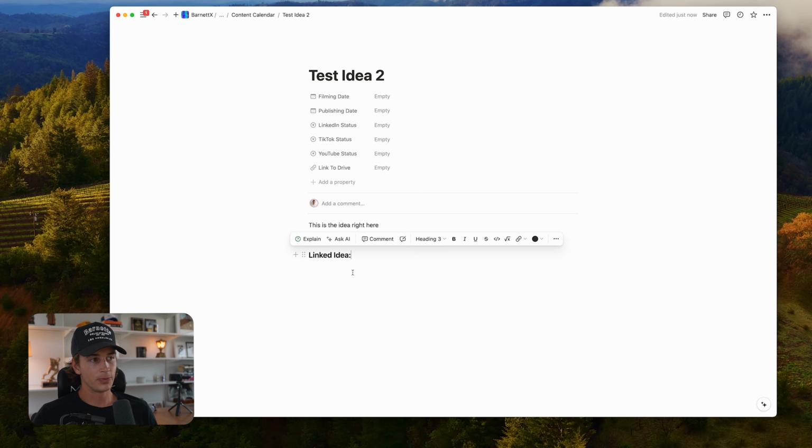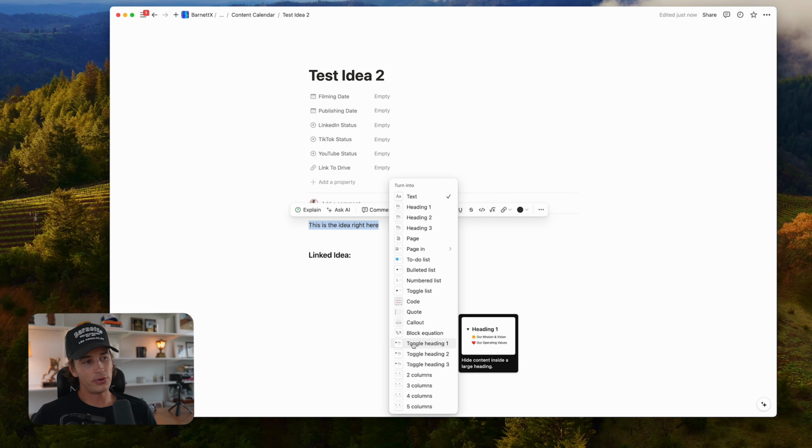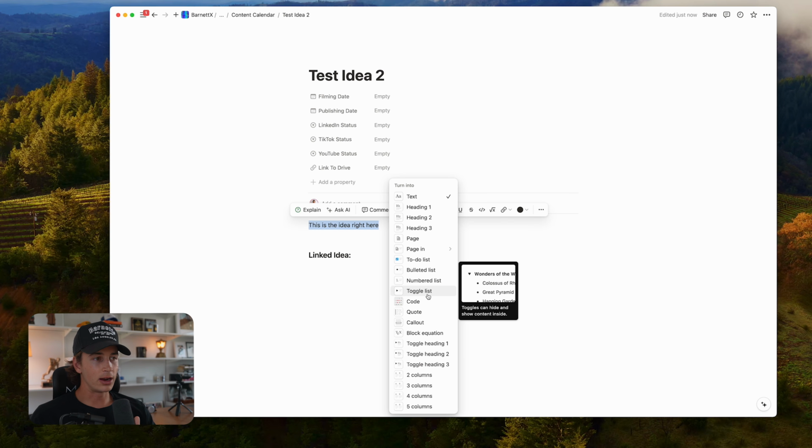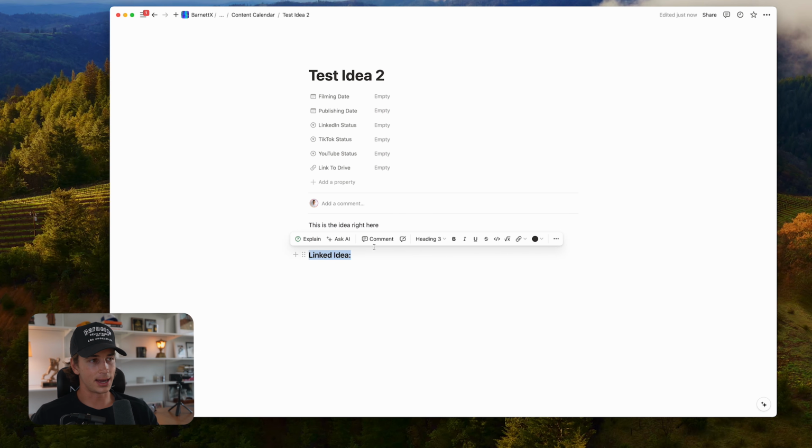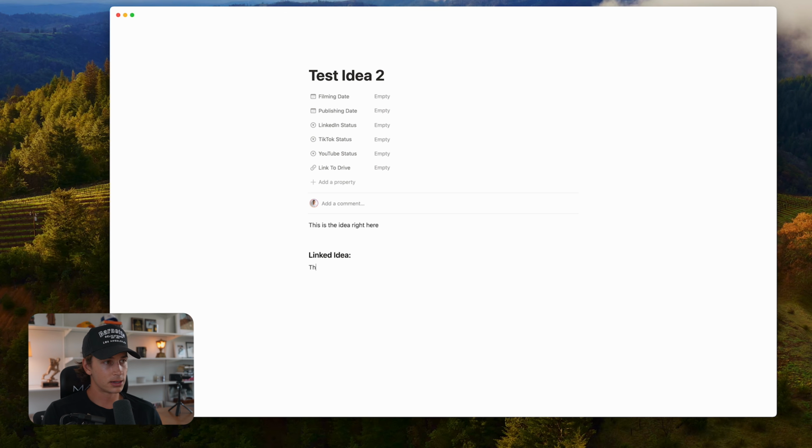So I'm going to show you again. If you click on any text, there's different ways for you to change that text into different things. You can very much, this is getting into the advanced, customize it with code and toggles and all of that, which I will show you in mine. But just for the sake of it, just to separate what the idea is from the platform itself, I'll put a little heading here on this LinkedIn idea, just as number 3 to separate the actual title from the idea itself. So now I have LinkedIn idea. This is my LinkedIn specific